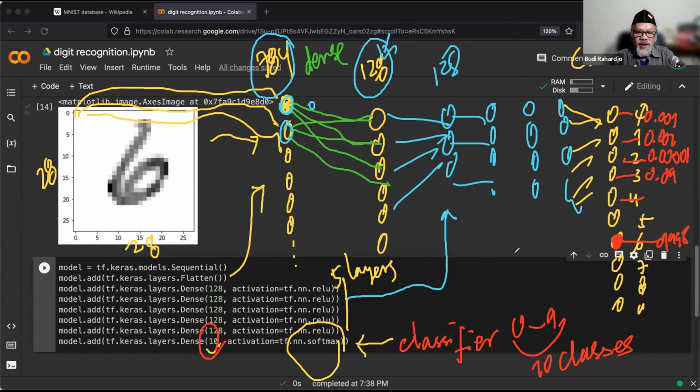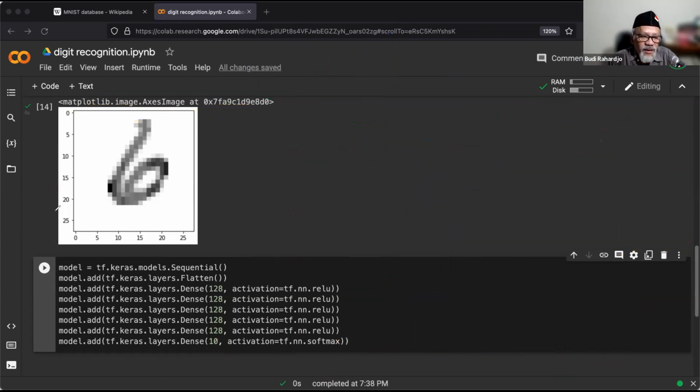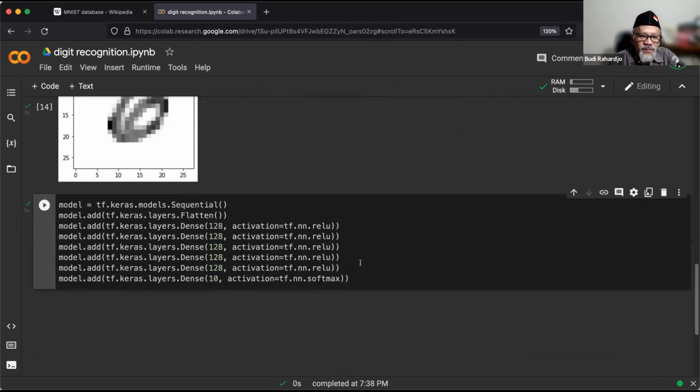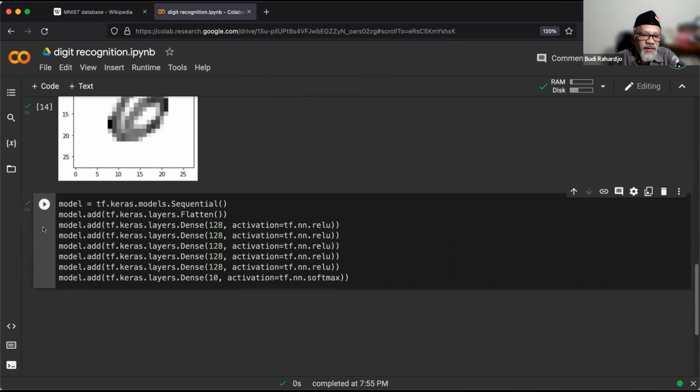What we are doing here is creating the architecture of our neural network, our machine. Okay, this is what we want to create. There are all kinds of architecture. This is the simplest one. Okay, let me clear this, right? Now, run it and see what's happening. Okay, just click it. It should do nothing basically. Green if it's already okay.